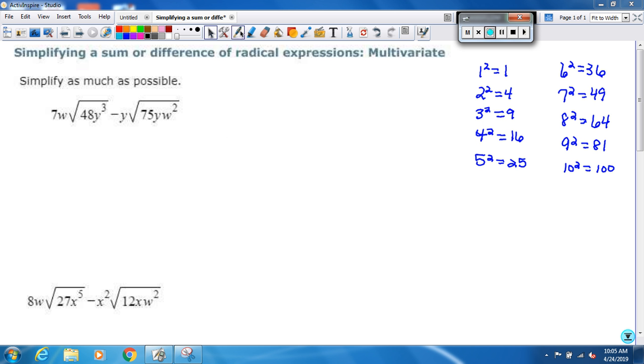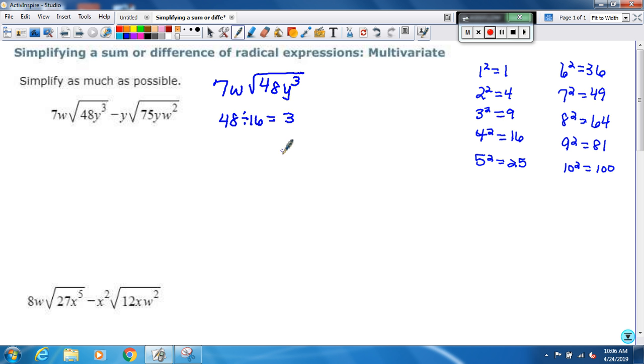To simplify as much as possible, you have to break down the radicals first. So I take each term one at a time. 7w, the square root of 48y to the third power. Now I deal with the radical first, so I want to divide by the biggest number on this list that will work. So 40, 25, 16. 48 divided by 16